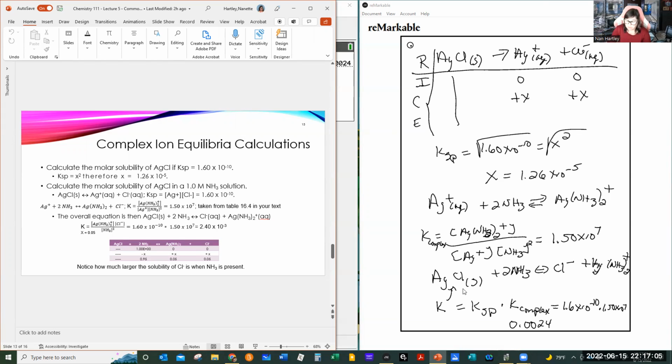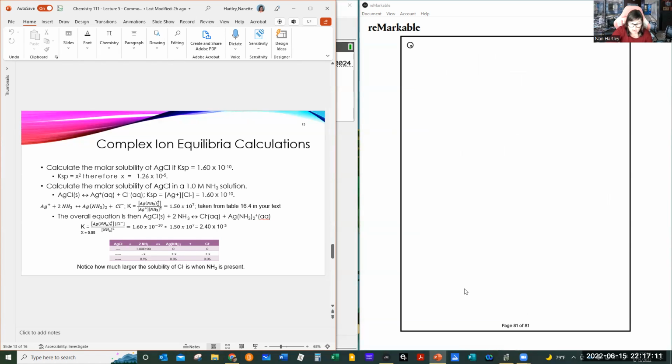So if I set up my ICE table for this overall process, then I'm going to have AgCl plus 2NH3 going to make Ag(NH3)2+